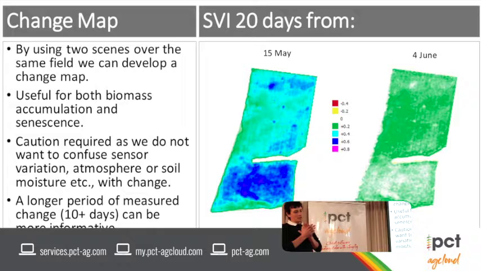So with these change maps, they're quite simple to do, but a lot of caution needs to go along with them, because whenever you're combining two different data sets from two different dates, there's a lot of different variables that go into it, especially a satellite image. The light source, the sun, has to go down through the atmosphere. It has to hit the target, and then it bounces off it, and then has to go back through the atmosphere again, and then back to the satellite. So it's going through quite a thick lot of atmosphere, which can add some variability to the actual data